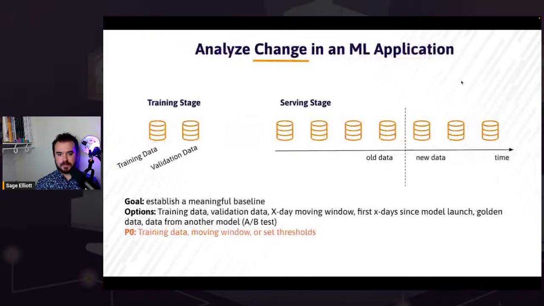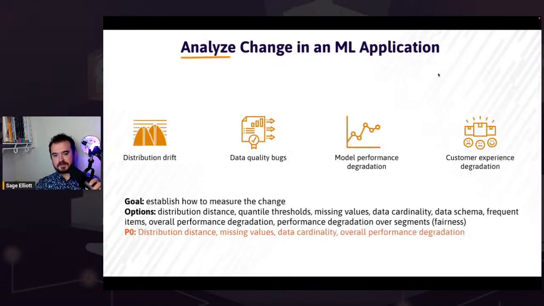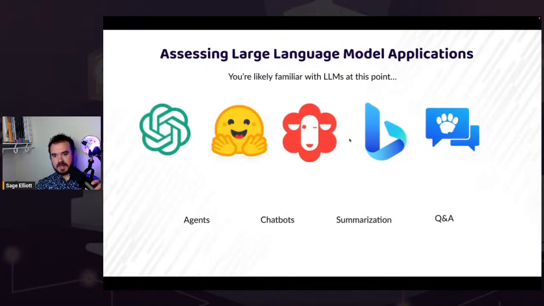And you know that a change might be occurring, so you can select, do you want to compare this change to training data, previous data, or a moving window, like what did sentiment for our prompts look like in the last 30 days? And then you want to figure out how to measure that. So is that a distribution distance? Is it like missing values? Is it, again, like a sentiment score? And so we'd select what we want to measure. And again, we'll see all this in action here in a little bit,